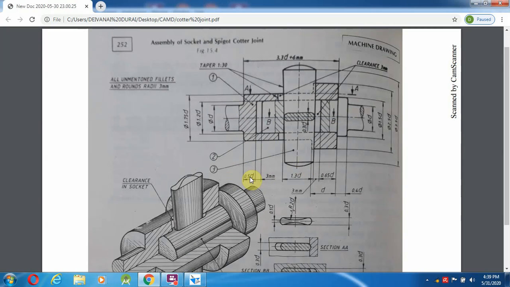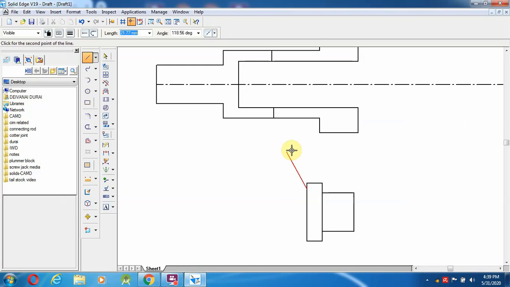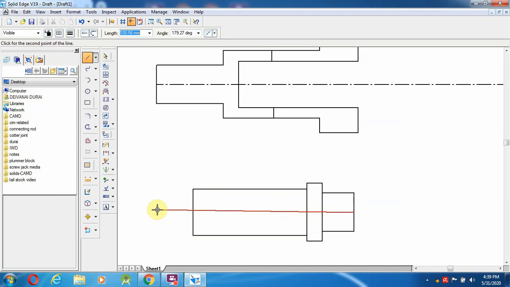So 72 minus 10, 62, 62 minus 3, 59 mm. So this line I am going to draw with a 59 mm length, and down 24 mm, and I am going to draw a line. Okay, like this I am going to draw.